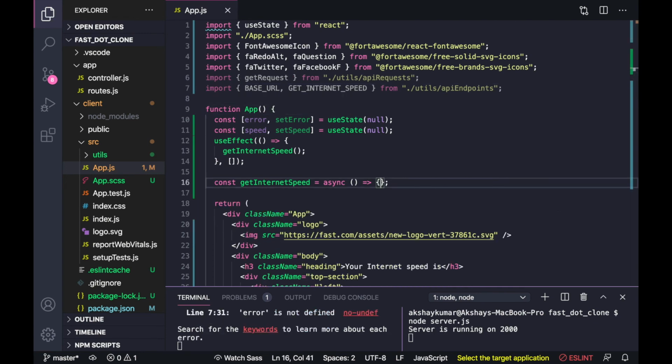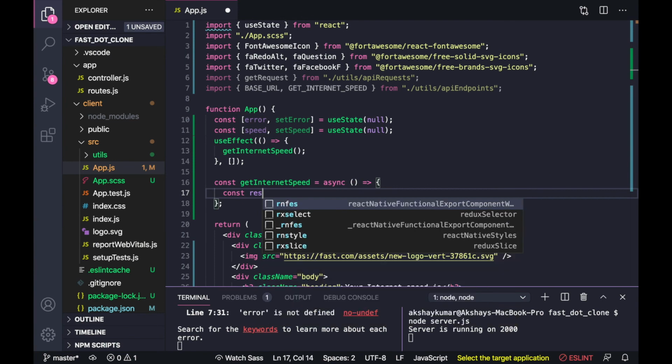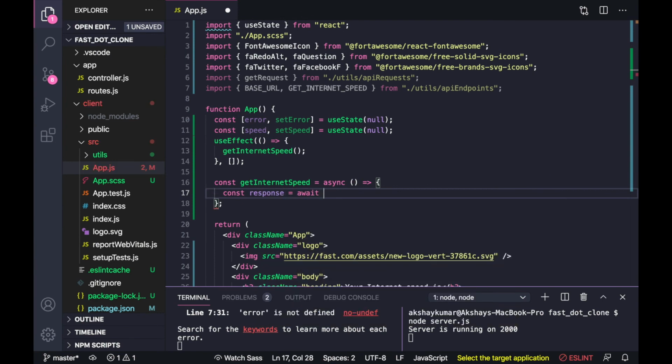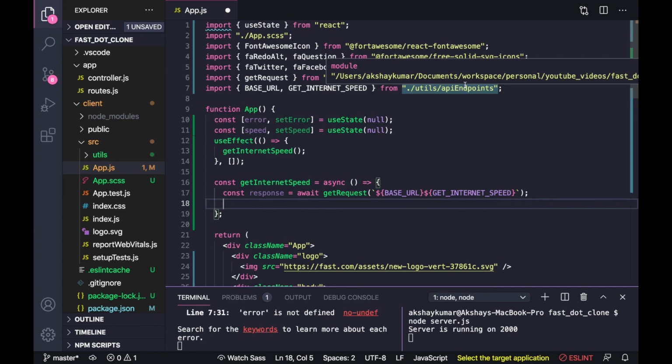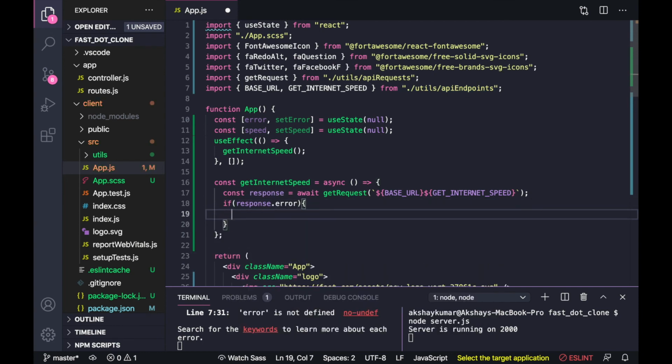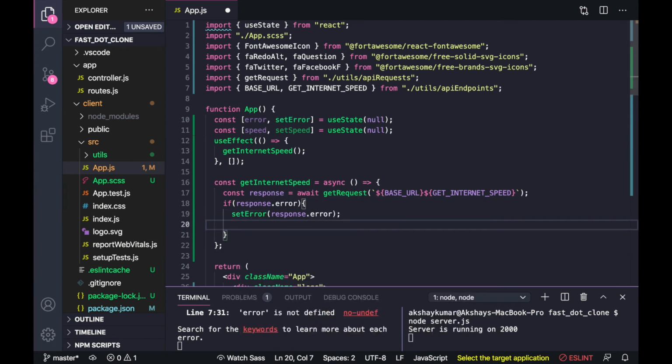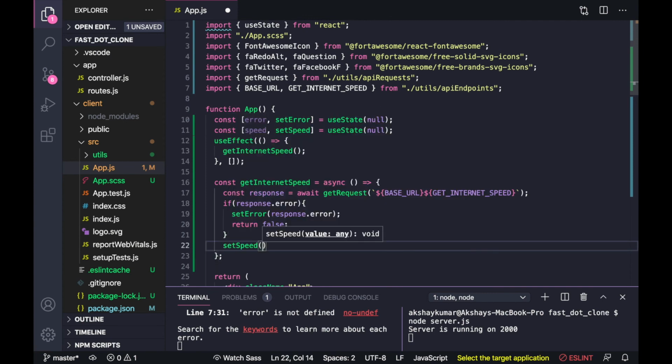Now inside this function, const response equal to await get request. Now inside this we have to pass URL, baseURL, and we have to concatenate with getInternetSpeed. After this we will do some error handling. If response.error, inside this set error response.error, return false. If there is no error, set speed response.speed.